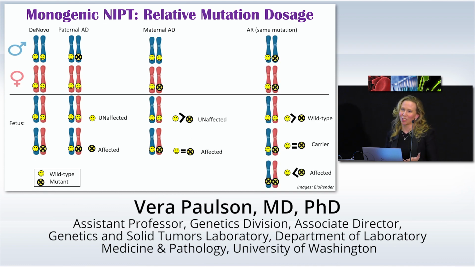It changes again for autosomal recessive mutations where the mutations are the same because now you have 3 potential outcomes. If you have more wild type, fetus is totally normal. Roughly equal amounts, the fetus would be a carrier, and more mutant than normal, then the fetus would actually be affected. And it changes again, right, if you have a compound heterozygote, and it becomes a combination of looking both for the paternal mutation and then doing dosage on mom. This works fairly well in certain instances with highly trained providers, I'll do it that way.